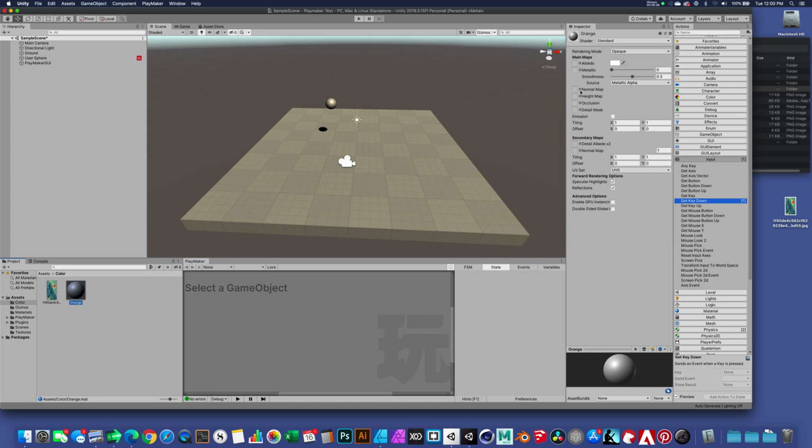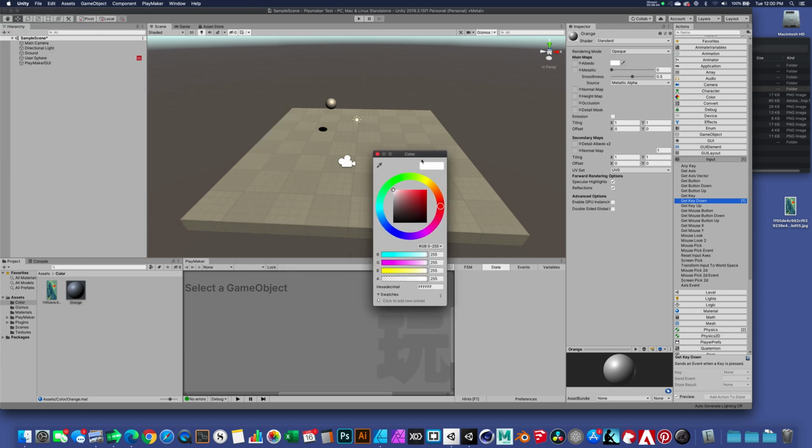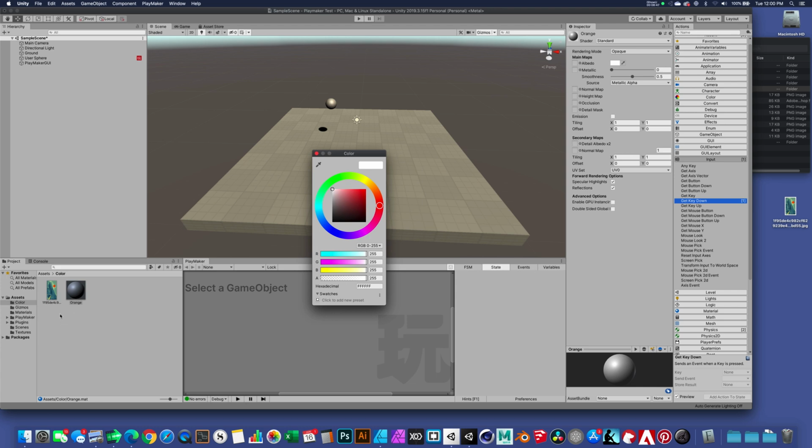I have all these parameters that I can change. And what I want to do is find the albedo and click on this white swatch, which brings up the color picker. Now, with this color picker, I don't have to actually sample. This image doesn't have to be inside Unity to sample it. In fact, if I click on this eyedropper here,